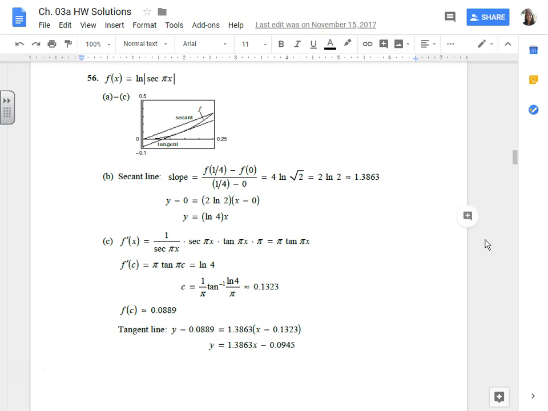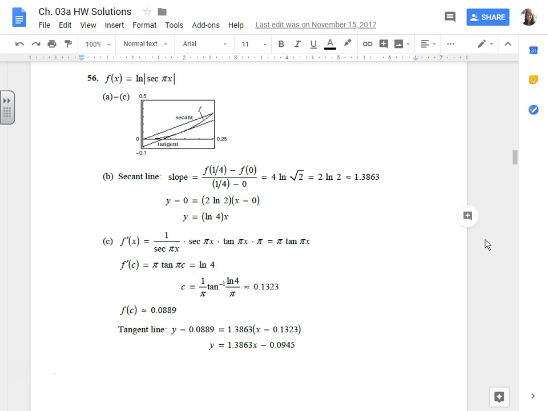Letter C was doing MVT. This was actually after you did the work. Sorry, letter B, you were finding the secant line. Letter C, you were finding the tangent line, which meant you had to find the derivative. In order to plug it into your calculator, a decimal was probably the easiest way. That's what they did. You could have actually put that in your M spot. That would have been kind of messy, but